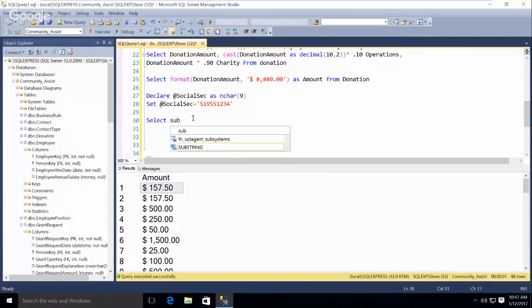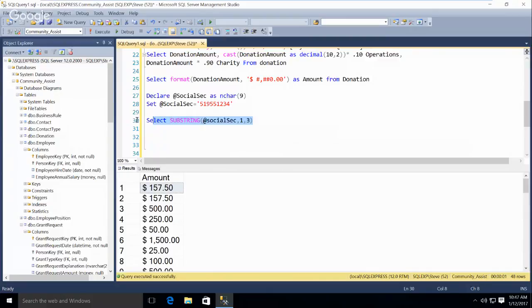Maybe. There's a substring function. And I want the expression, which is the @ social sec. Starting position is 0, right? Actually, it's 1. SQL doesn't use zero-based arrays. Why, I don't know. And then we want to go three characters, right?